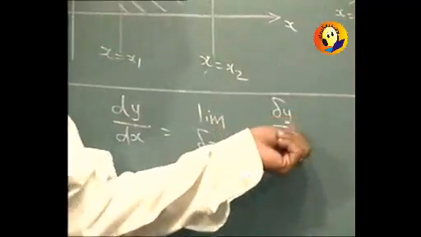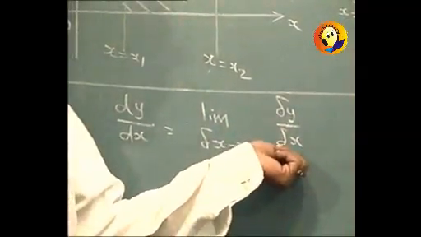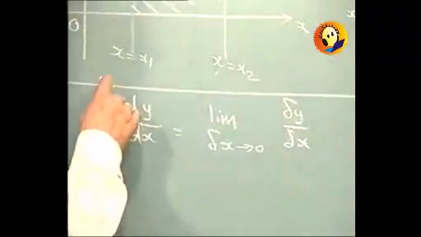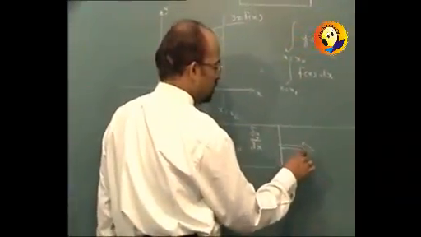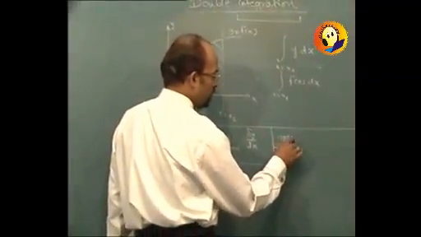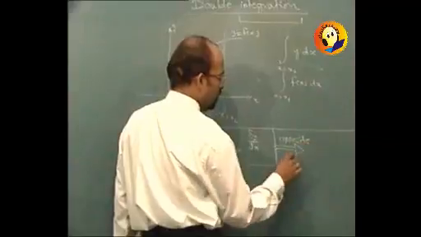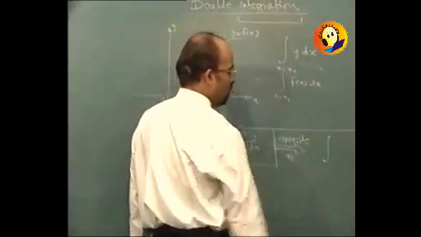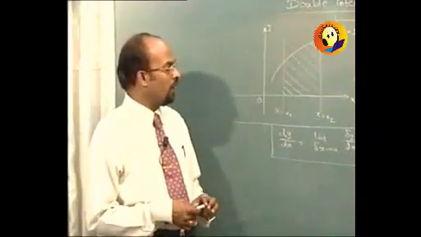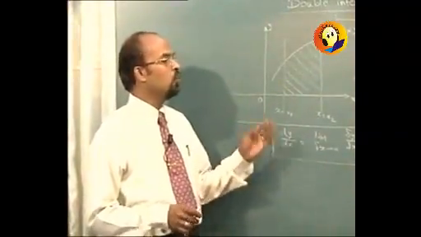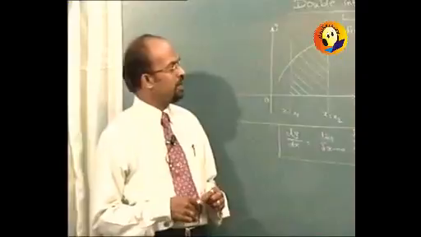It is change in y with respect to change in x, which is the definition. And we also know the fact that integration is opposite to differentiation. This concept is very well required when we proceed to double integration,